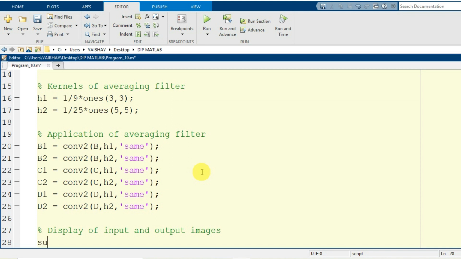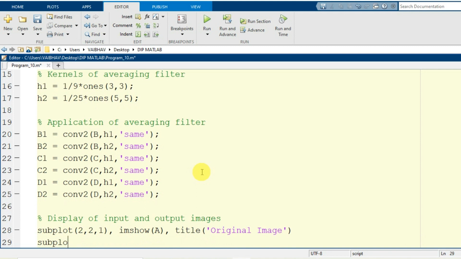So the first subplot I'm going to utilize for the dimensions 2 rows 2 columns, and the first cell will be accessed, where I will be displaying with the help of the imshow command the original image A, and the corresponding title I provide here, original image. By the next line I will go for accessing the second cell, so it will be 2 2 2.